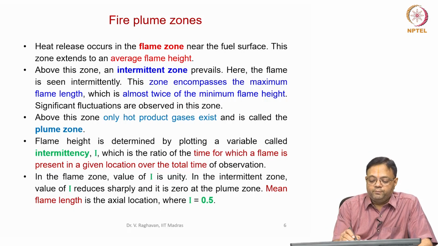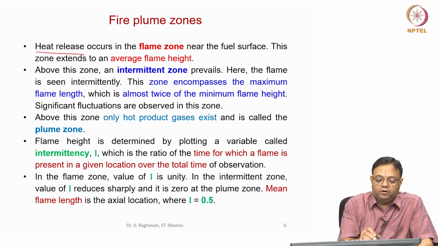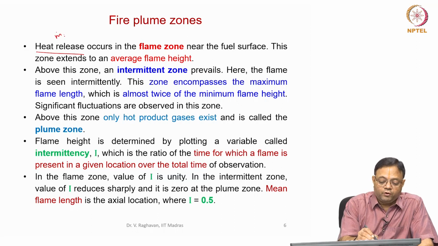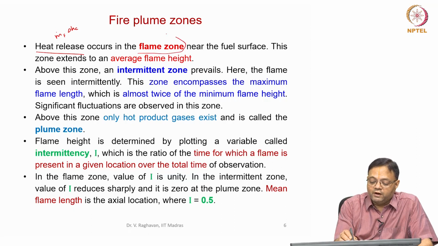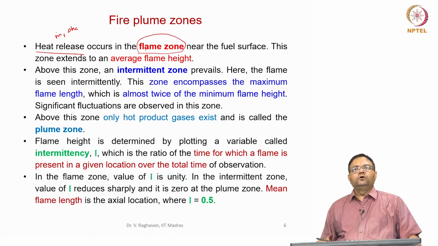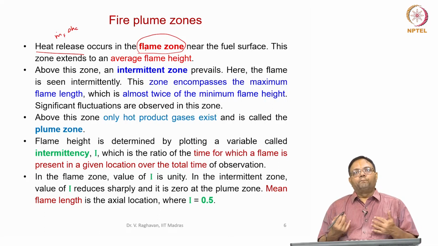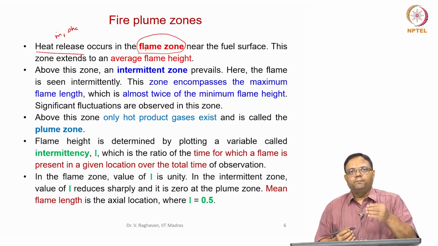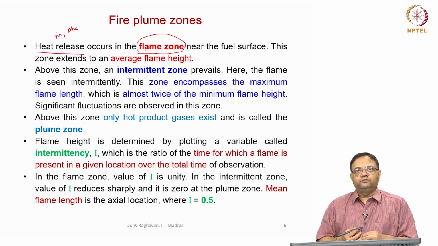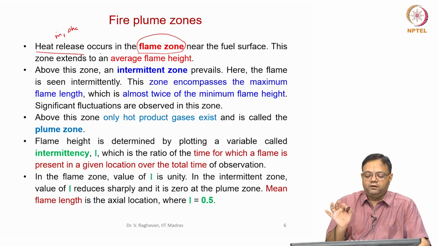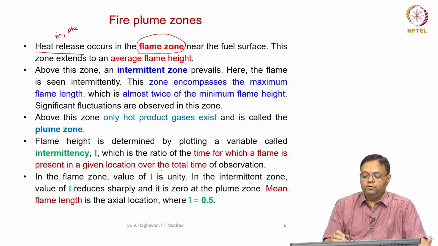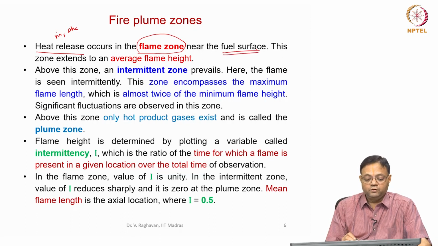Now we will see some important thing. The heat release, which is mass burning rate of the fuel times delta Hc, occurs in the flame zone. We can see that maximum reactions are completed within the flame zone. Some intermittent reactions will be completed in the intermittent zone. So, maximum heat release occurs at the flame zone, which is normally a few diameters away from the fuel surface,